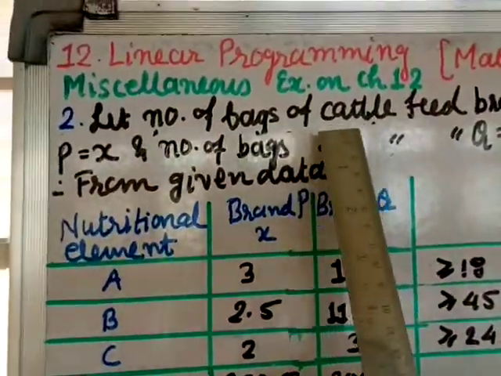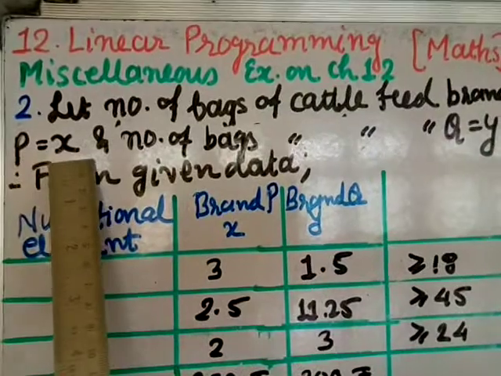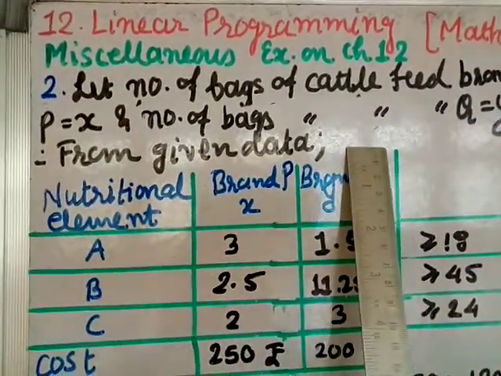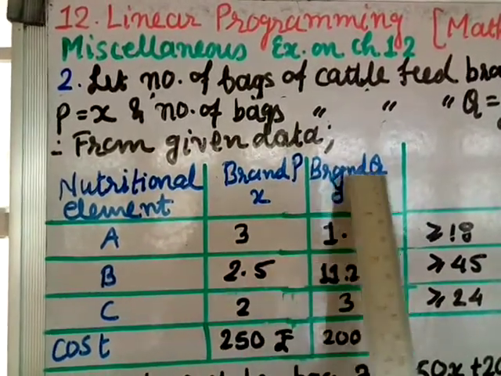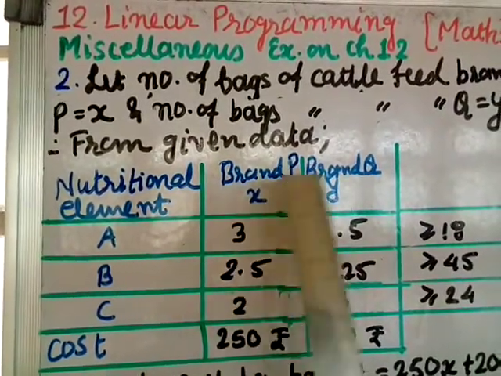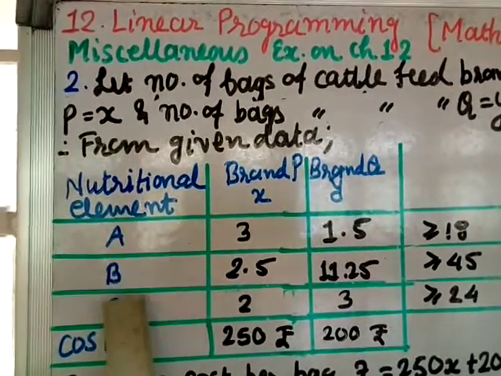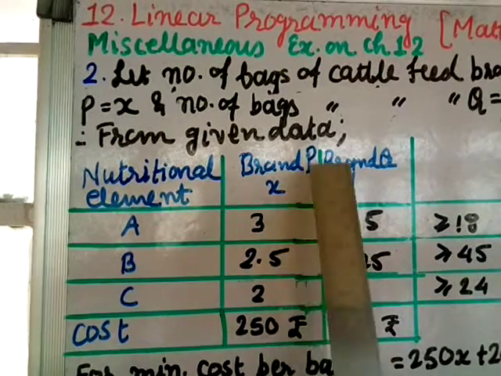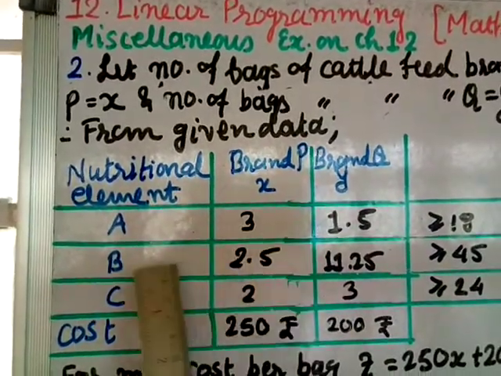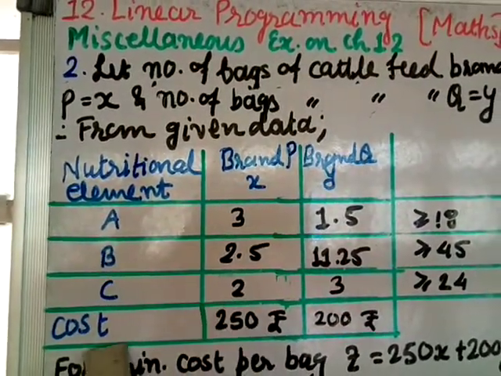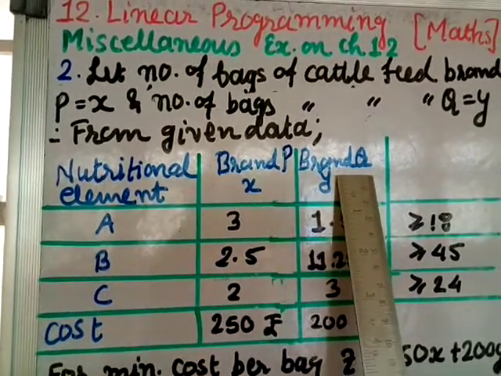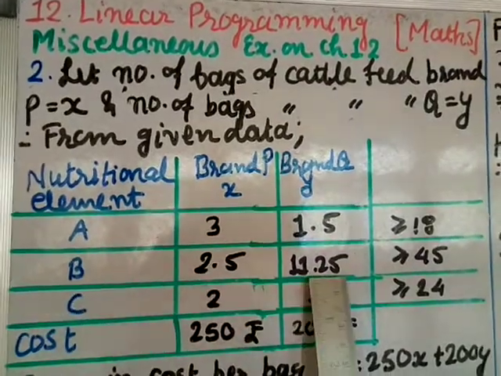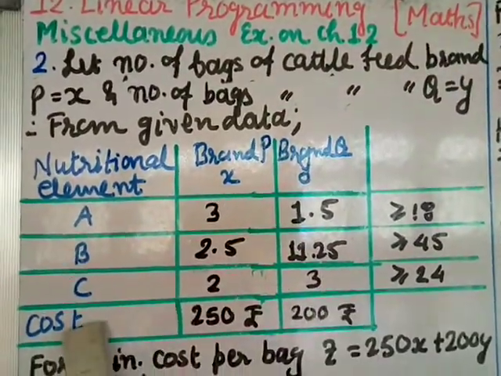Let the number of bags of cattle feed brand P equal x and the number of bags of brand Q equal y. From the given data, brand P is x and brand Q is y, and the nutritional elements A, B, C and the cost are given. For brand P, element A is 3, B is 2.5, C is 2, and the cost is 250 per bag. And for brand Q, that is y, element A is 1.5, B is 11.25, C is 3, and